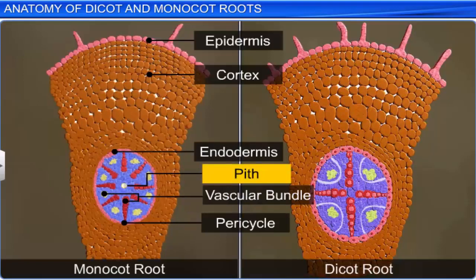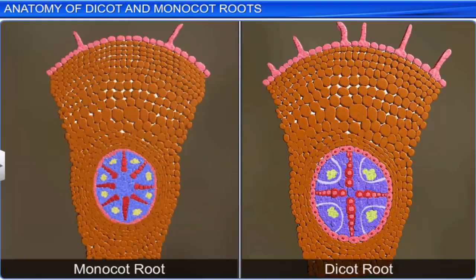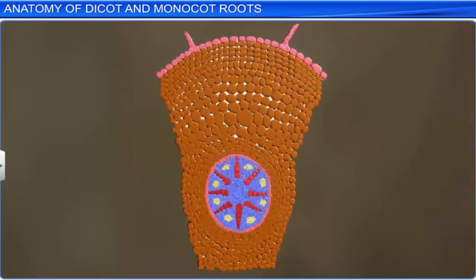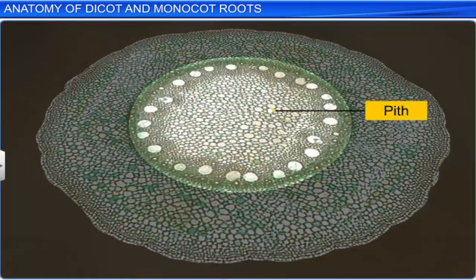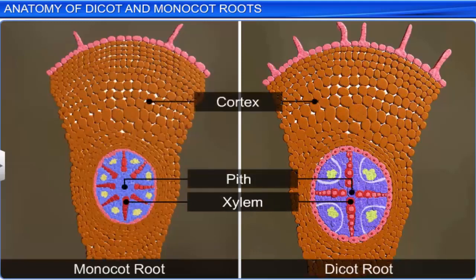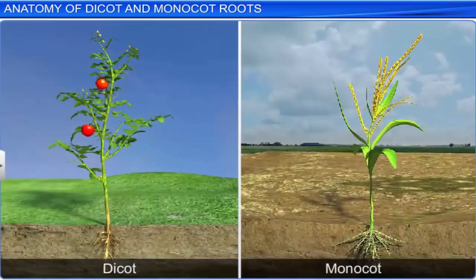However, there are some differences. The monocot root can have many xylem bundles, whereas the dicot root does not have quite as many. Moreover, in a monocot root, the pith is well developed. Although dicot and monocot roots have some structural similarities, they differ in the number of xylem bundles and size of the pith and cortex. Moreover, secondary growth takes place only in the dicot root. In other words, these roots thicken over time.